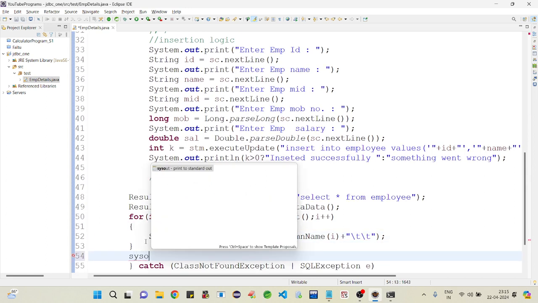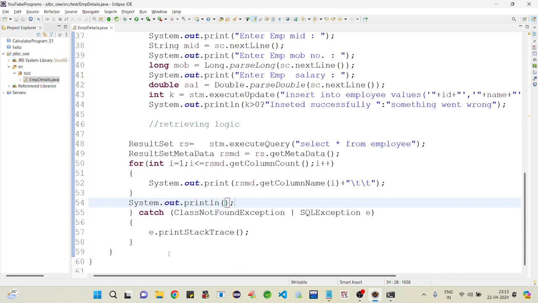I am writing one more println statement to change the line.